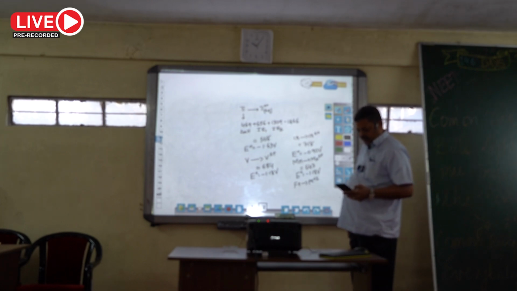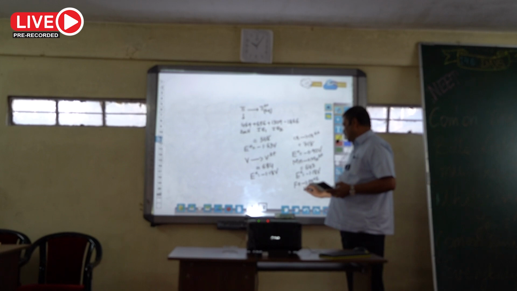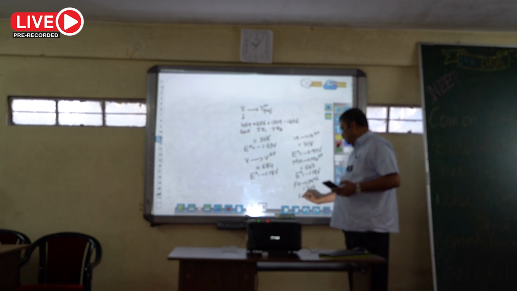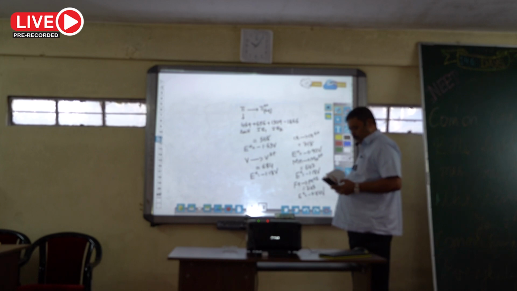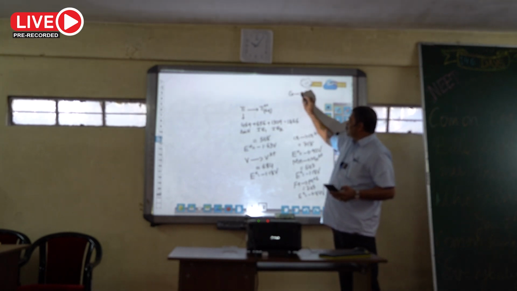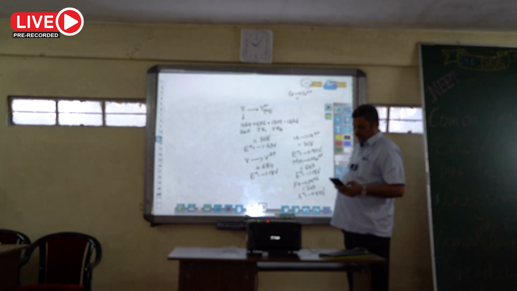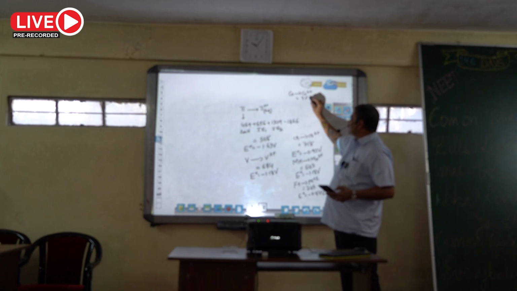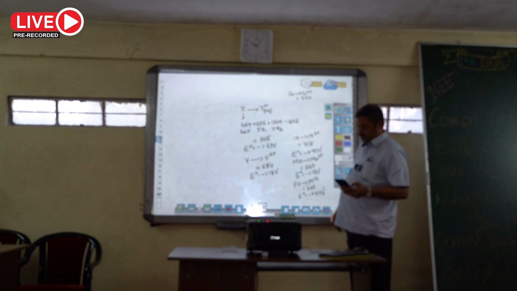Later you can check, you are getting 743, and E naught is equal to minus 0.44 volts. Cobalt to cobalt 2 plus, we are getting the net energy change 750, and the E naught is